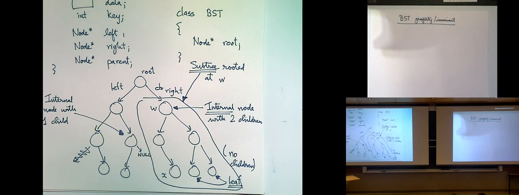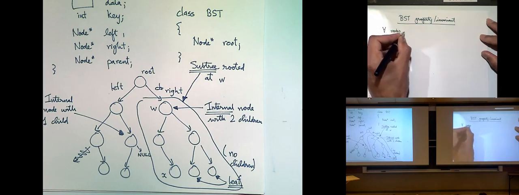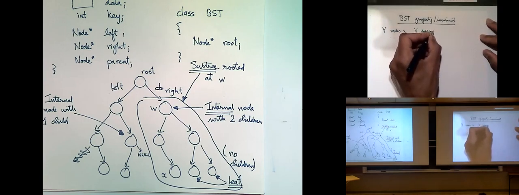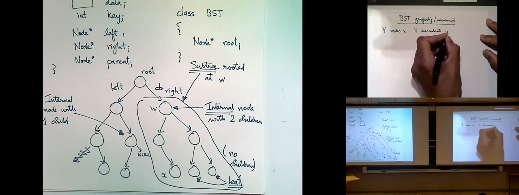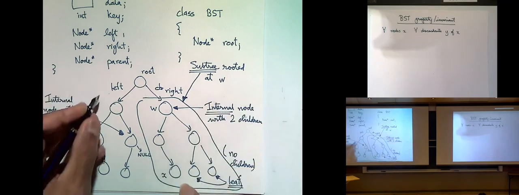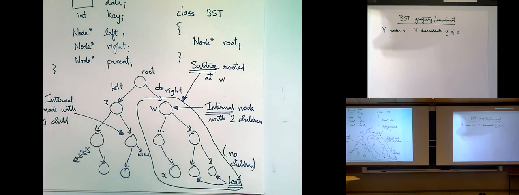Okay, so I'm going to use, again, more mathematical notation, so if something is confusing, please let me know. So I'll say for all nodes x, for all descendants y of x. So we have some node in some tree, we're looking at x, and then we're looking at some descendant y. Right? We follow the arrows downwards, you end up at a descendant. So for all nodes x, for all descendants y of x,